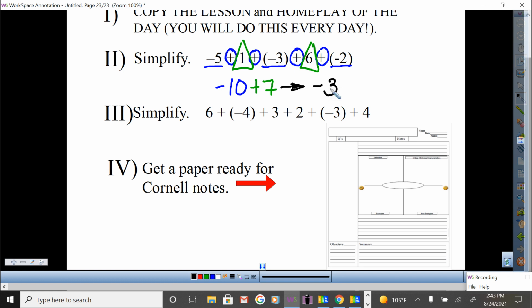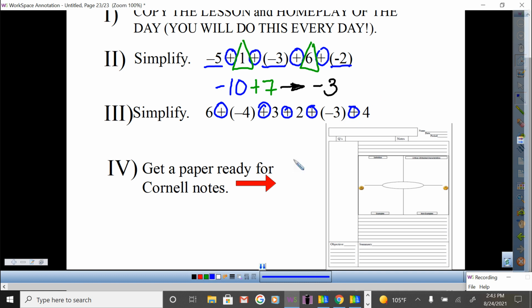The second method is very similar. I'm going to do the same for number 3. I'm going to scan it to make sure there's addition all the way throughout. Yes, yes, yes, yes, and yes. However, this time, instead of combining things, I'm going to look for opposite numbers and scratch them out.